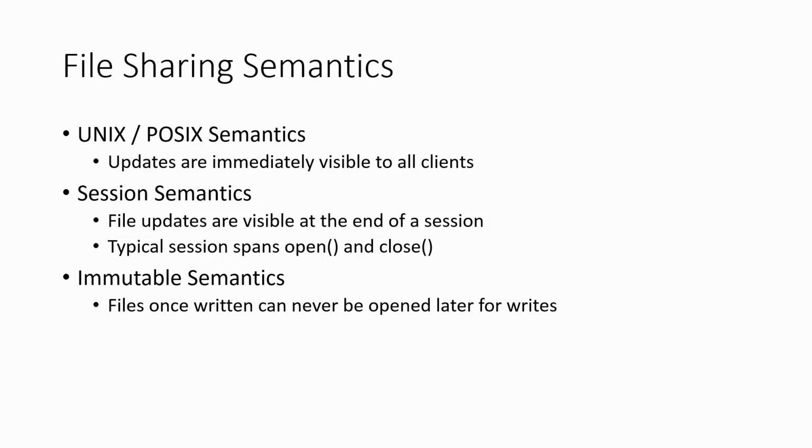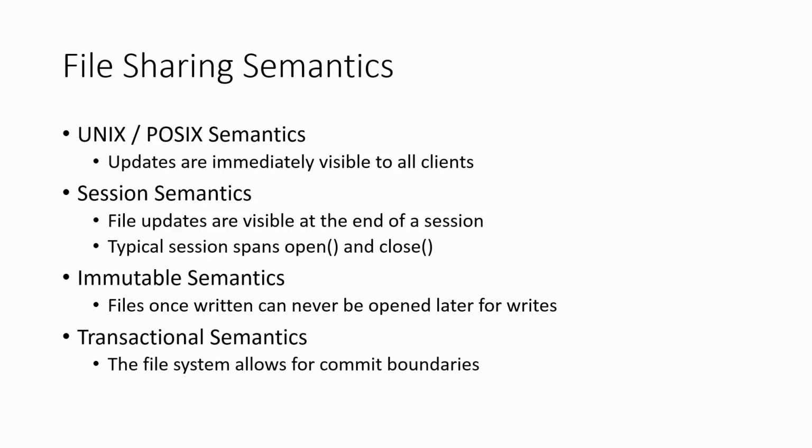And then there's the idea of immutable semantics. That is, files that have been written once can never ever be opened later for writes. And in fact, distributed file systems such as GFS or Google File System actually use immutable semantics. Some other distributed file systems may have immutable semantics in the form of versioning, such that current data is never overwritten. You always write a newer version of the file, for example,